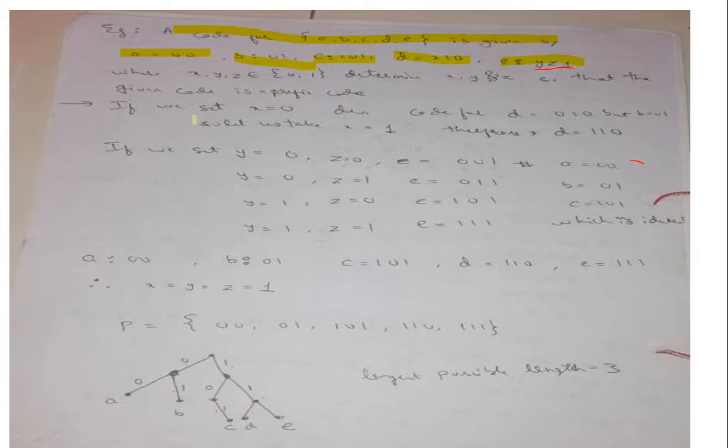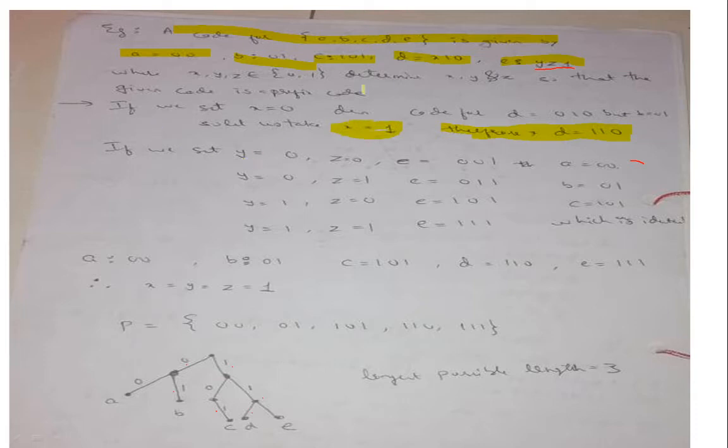Okay, if we set x equal to 0, then the code for D equals 010. We'll find out for this one; only one combination we will be getting, right? So I take x as 0, then 010. Do we have any such code? But already we have B as 01. If I take x as 1, I'll get 110. Right now we don't have any such combination, so we select this unique one, D as 110. So the x bit is going to be 1.